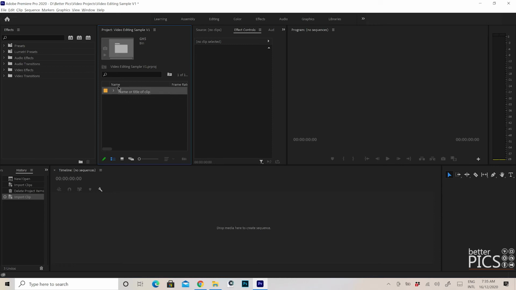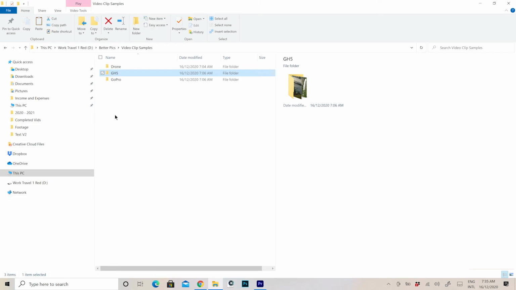What it also means is if you have different people working on a singular project, for example, if you edit a project to a certain point, then you have to hand it off to another editor, then it's going to be fairly quick, self-explanatory, and easy for that new editor to find where those assets are based on the descriptors that you put in. Now, I've used descriptors for these folders based on what the footage was shot with, but